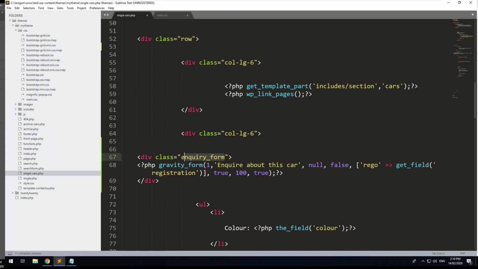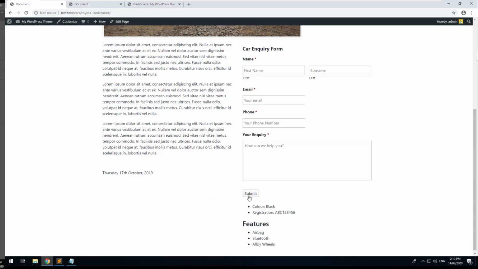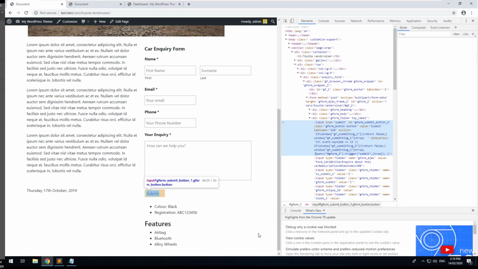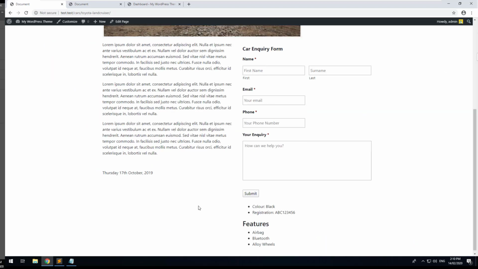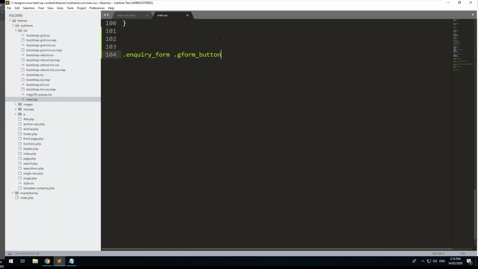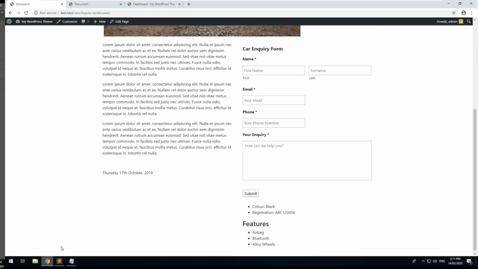So the class is inquiry_form. Let's open that up and we want to target the button. So let's right click on this button and inspect it. And you'll see that its class is gform_button, or button by itself, but I'll just do gform button. So we'll do inquiry form .gform_button. And then we will give it a width of, say, 100%. And we'll just make a background green, for example, and color white. Save that, refresh it,